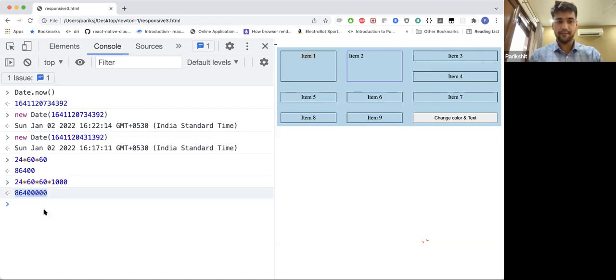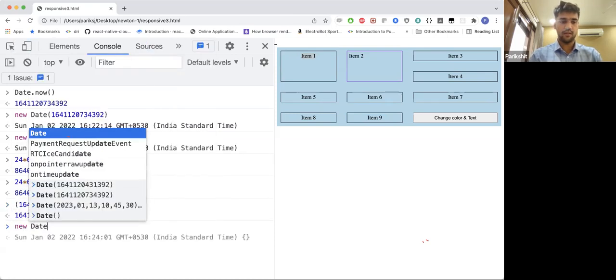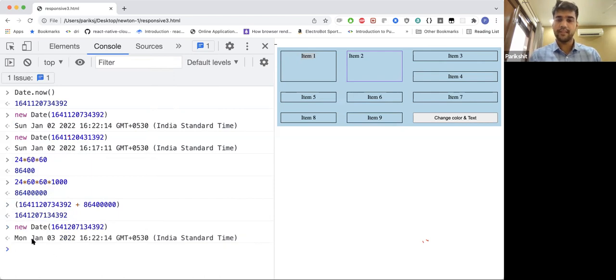If I copy this and add this to this guy, oops, I made some mistake. So I take this guy, I say plus this guy, right? So I get this value, and if I say new date, this guy, what is the date that I'm getting, guys? What is the date I'm getting, Tarun, Amit? Next day, right? So now we know it works perfectly. And if we add 10 days to it,